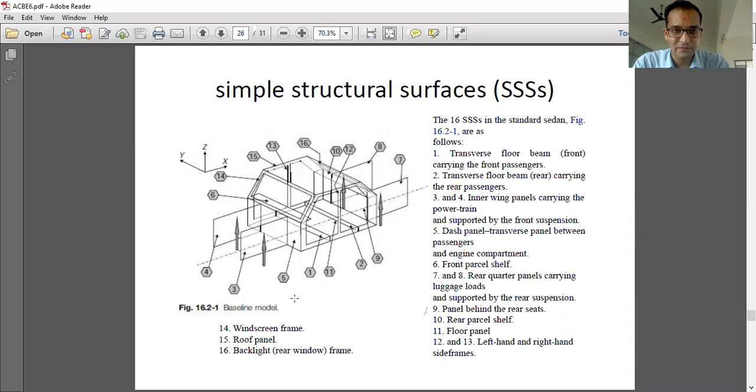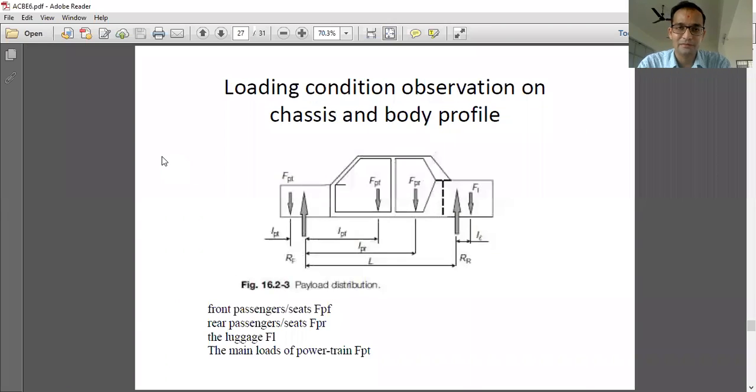Windscreen frames are also there, which help maintain the stability of the structure at the front section, and as well the roof panels are also there, and the rear window frame is also there. These frames help the glass to be mounted at a particular region without deformation. As well, at the top, if we have glass, then glass deformation is controlled. If sheet metal is placed, then the sheet metal deforms less when this component is strengthened. So these are the profile components which need to be strengthened.